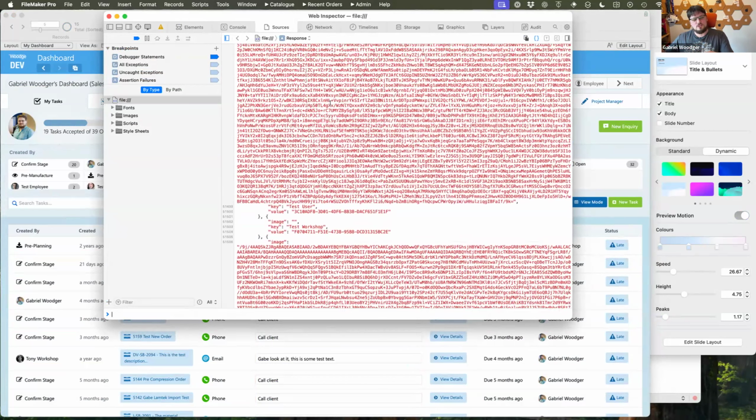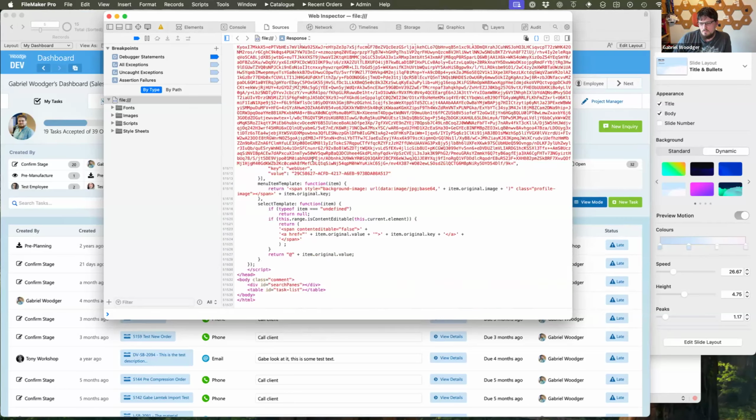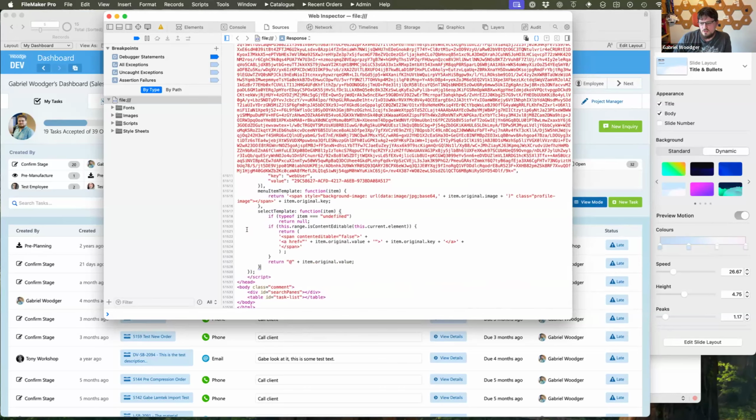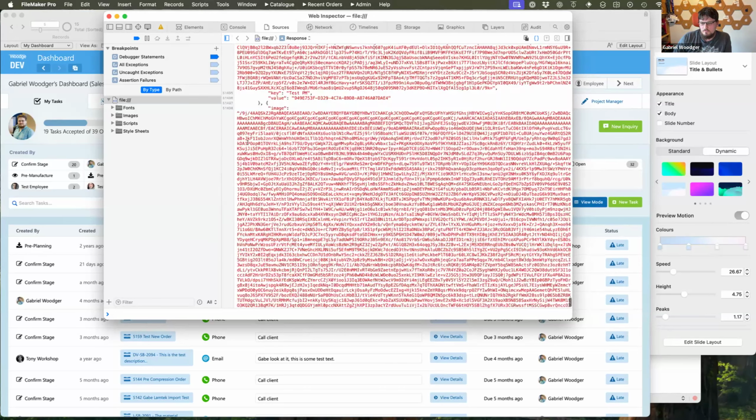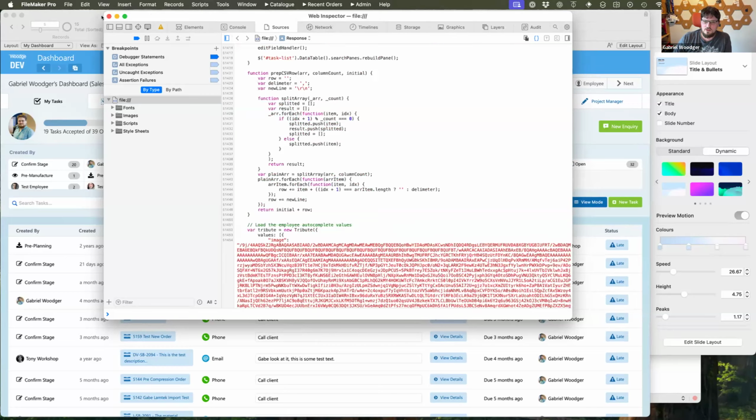Because it's used in lots of places across the system, I'd rather pay a little cost on startup to put all of those into a global variable, so that every time those web viewers load, they're fast. A company might have 200 employees, and you don't want to be requesting all of those. So that Tribute thing is slightly modified. There's not a lot to it, but a lot of the styling didn't support images and other bits and pieces, so I've done a lot of that.